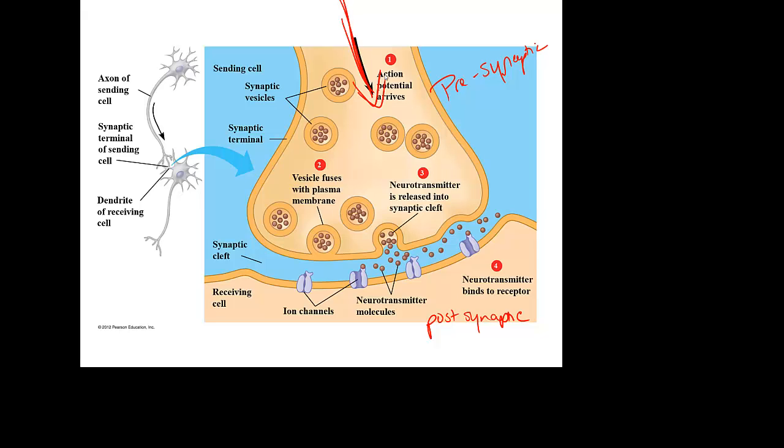We get an action potential at the end, but we run out of membrane. We get to the end of this nerve cell. So this is the axon of this nerve cell, and this is the dendrite of the next nerve cell. So remember, it's always dendrite, cell body, axon. So when we get to the end of this axon, we're going to release neurotransmitter that's going to be picked up by protein receptors on the surface of the next nerve cell.